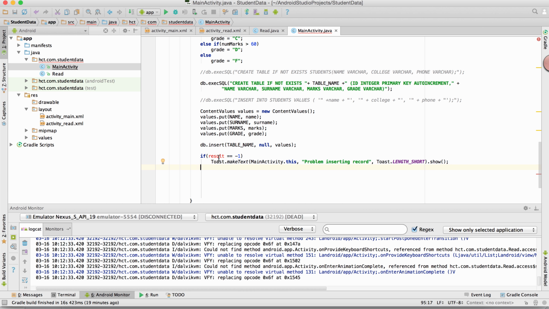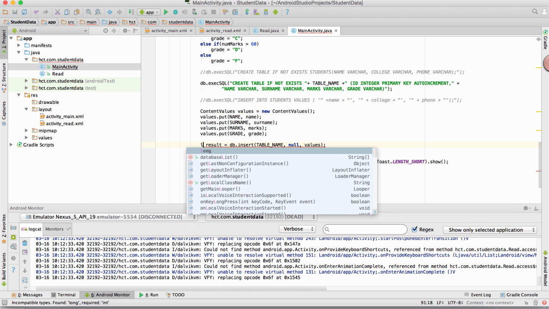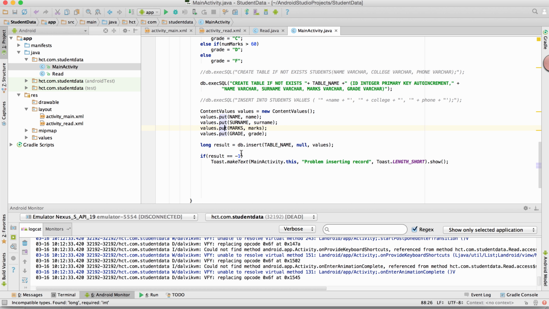Okay, so what is this result coming from? Yeah, okay, int result is equal to db.insert. What's the problem? Incompatible types, required int found long. Okay, let's change this to long. db.insert result is equal to -1,